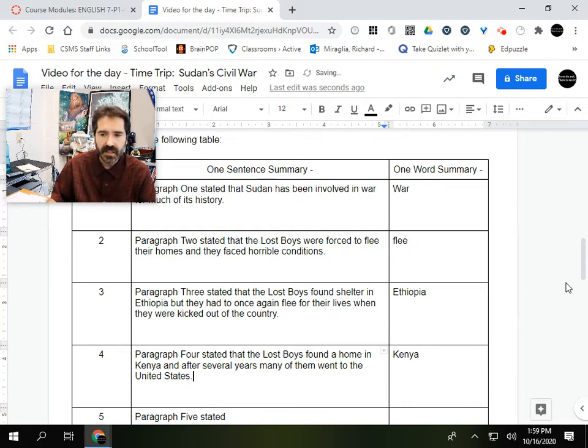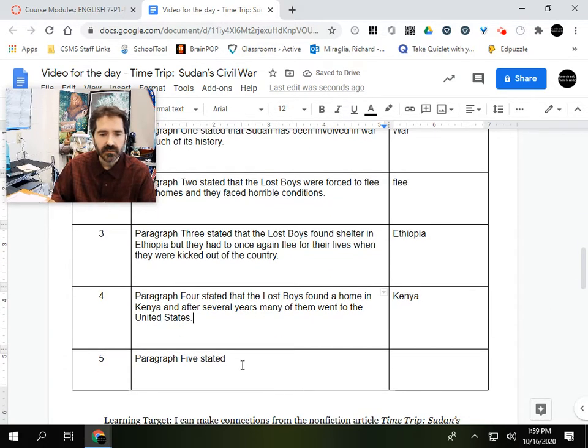And then finally, the last paragraph of our article. Now some Lost Boys are returning home. A peace agreement signed on January 9th, 2005 officially ended Sudan's civil war. Though aid agencies recently reported that many communities in the south still lack food and water, some 500,000 Sudanese are expected to return home this year in one of the largest movements of people in recent history.